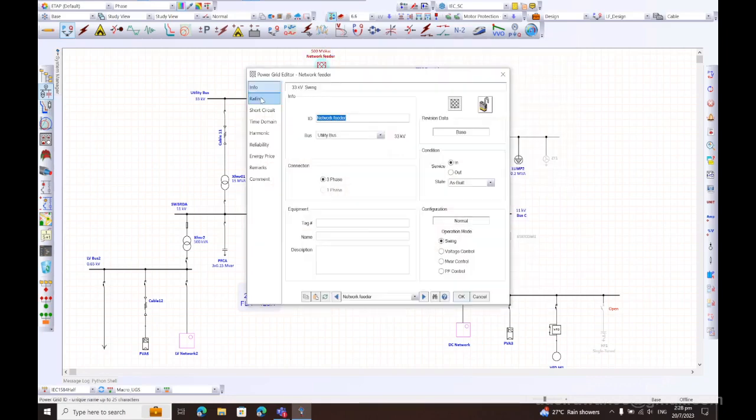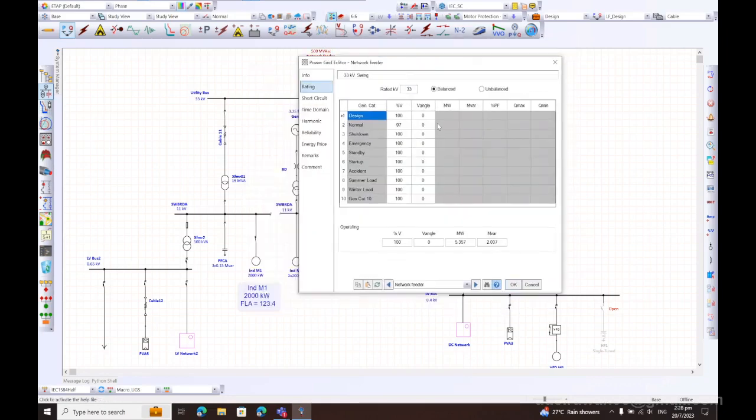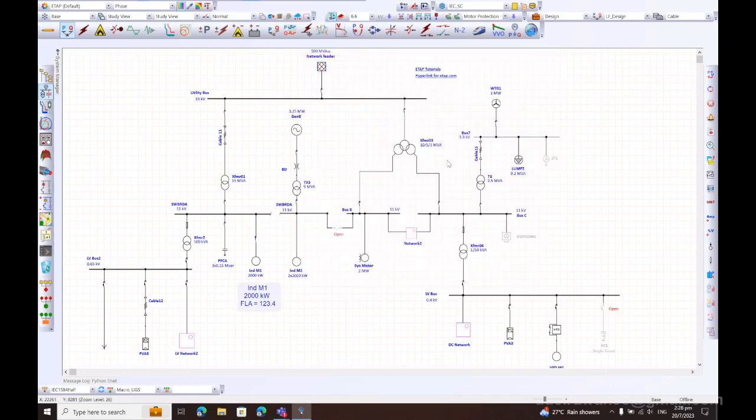For the generation, we have different category as well. You can run at 3% below your nominal or 3% more than your nominal. So all these are configurable. Now going back to the configuration in ETAP,